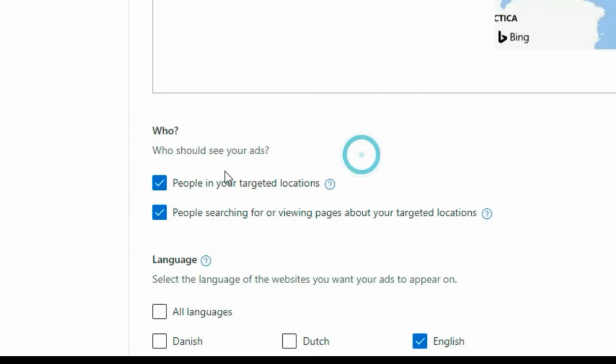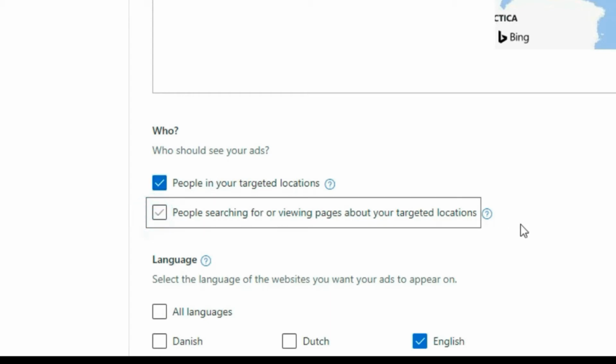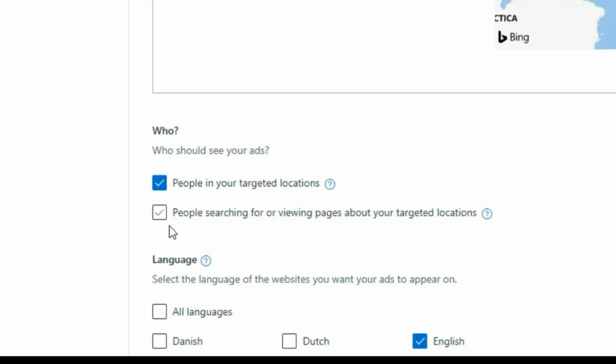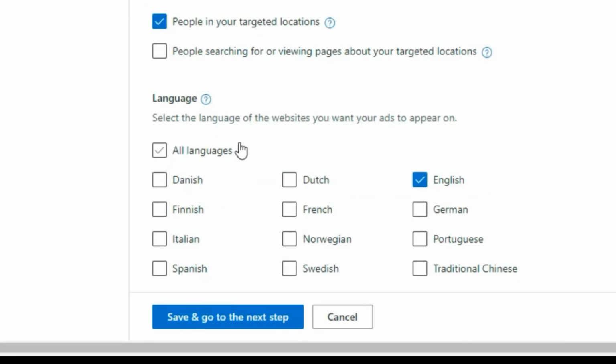Now you have to choose who should see your ad, and you will see two options here. Both are selected by default. You have to untick the second one, because it basically means that if I am from India and I put the location of US in my Bing account settings, I will be able to see ads from the US also. This is what we don't want, that people from India or any other country should see our ads, because we want only people from the US to see and click on our ads. We don't want to waste money on people from other geos and countries clicking on our ad. So in that case you need to untick this option. Most people forget, or they don't know about this, and it remains ticked.